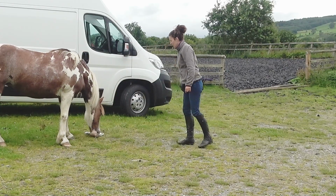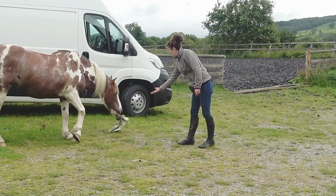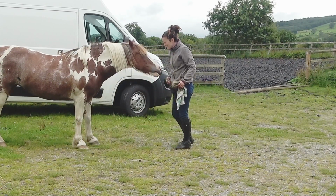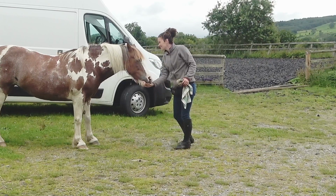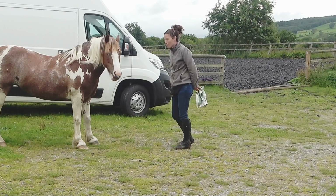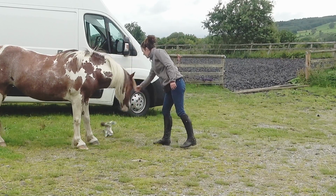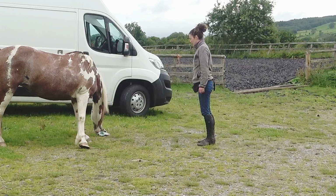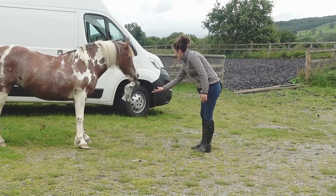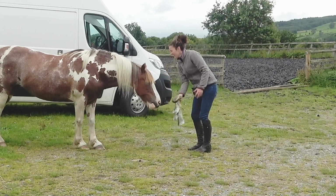Finally, to put it all together, you can now begin to throw it a little bit of a distance from your horse, and then start to ask them to take a step to you with the fetch toy. So you have taught them to pick it up off the ground and to target your hand, and now you're just adding a little bit of distance in. So you can see I throw it, and Rowan has to take a step towards it. She picks it up, I hold my hand targeting cue out,